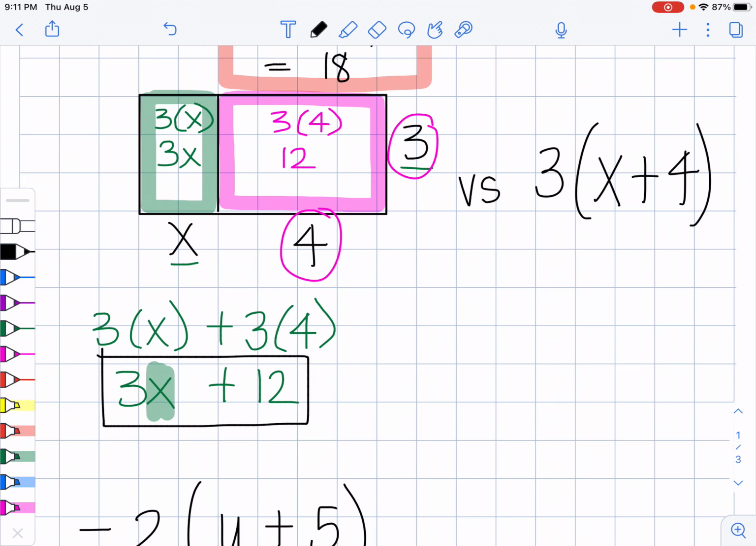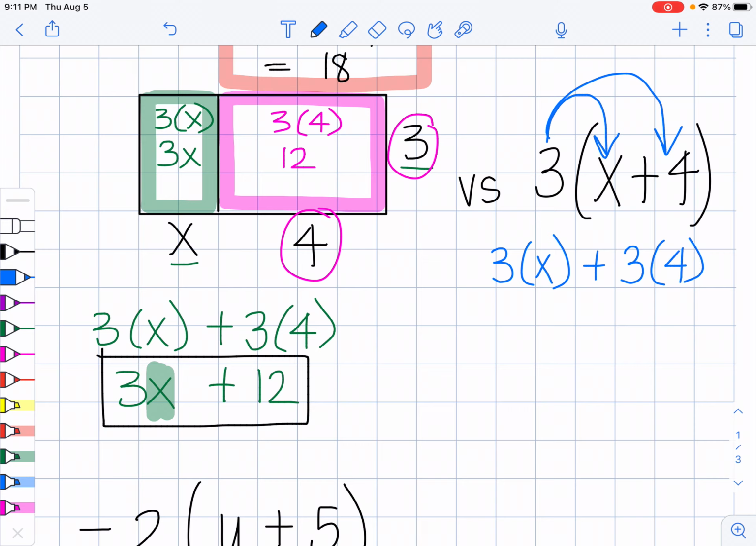So now, if I'm not writing it as an area problem and I'm writing it the way that most distributive property is written, or most math you're going to see, I'm going to take this 3, and I'm going to multiply it by everything inside. 3 times x and 3 times 4. So I write 3 times x and 3 times 4. 3 times x is 3x, and 3 times 4 is 12, and I end up with